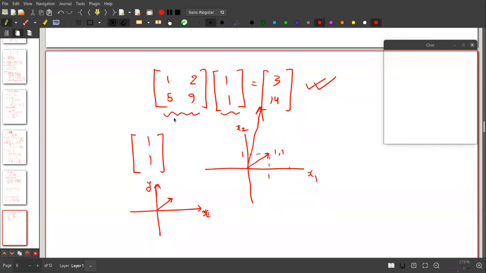Okay, what I have done, I have operated a matrix 1 2 5 9 on this vector. So this is getting operated on this, and I am getting something else. If I operate this matrix on this thing, I get something else. That is, we just rotate some vector from one position to another position by applying a matrix to some vector. Am I clear this time?